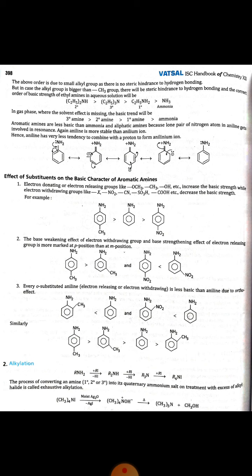Okay, the next reaction is alkylation. This RNH2, when it reacts with RI, forms a secondary amine. When it reacts with RI again, there is a formation of a tertiary amine, and when it reacts with RI again, it will give a quaternary amine also. Okay, next we have